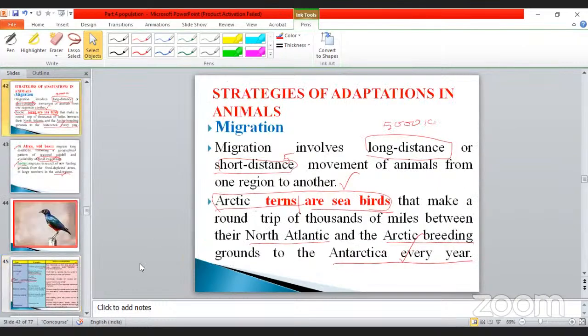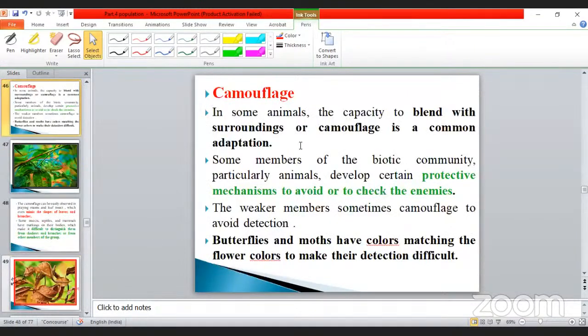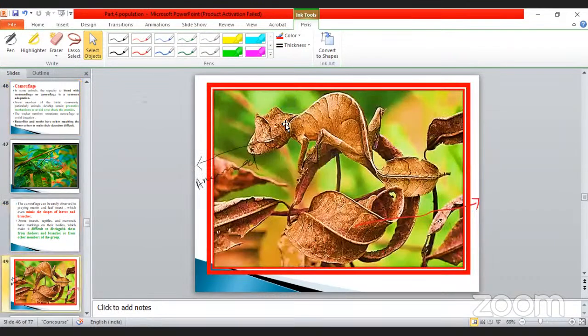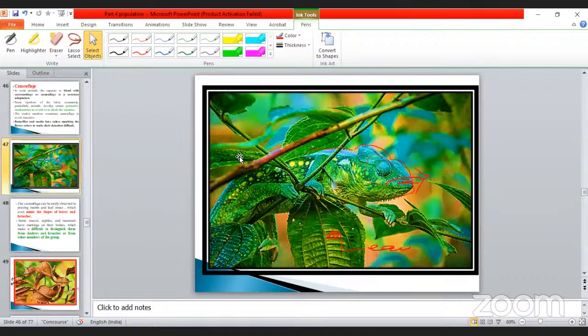Okay, so as a strategy of adaptation in animals, migration, you know, all about moving from one region to another region. What example has been given? Camouflage. What is that? How will it look? It is similar to the environment, whichever plant or animal, whether it can change its colors. That is very, very important, my dear students. Okay, so given examples, which one? This is one of the animals, as well as the grasshopper also. Some insects are also very, very important. Chameleon is also a very good example for mimicry and camouflage.